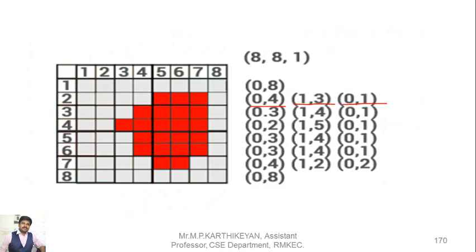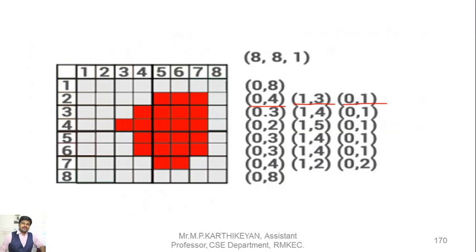So what we are going to do is, the first row, from 0 to 8, is the same color or the same area. So we are just segregating the areas over here. The first row is completely of a single area, 0, 8. But in the second row we can find 3 areas available: one white area with 4 cells, one red area with 3 cells, and one white area again with 1 cell. That is how we are mentioning it as 0, 4, 1, 3 and 0, 1, which means that 0 is available in the first 4 cells, 1 is available in the next 3 cells, and again 0 is available in the last 1 cell.